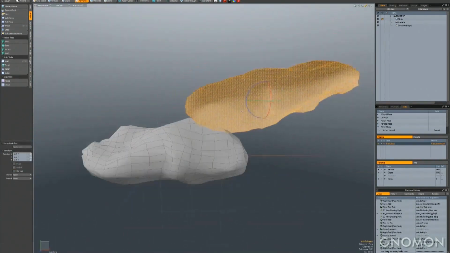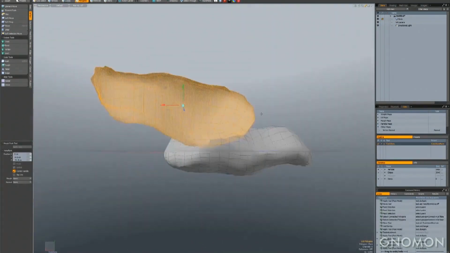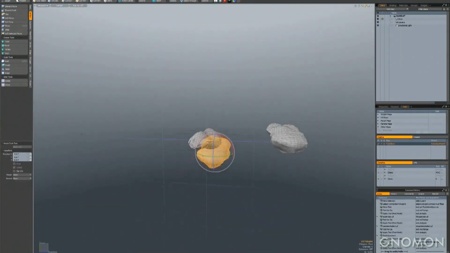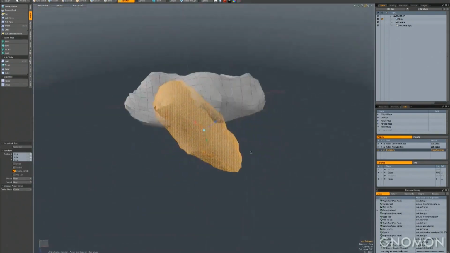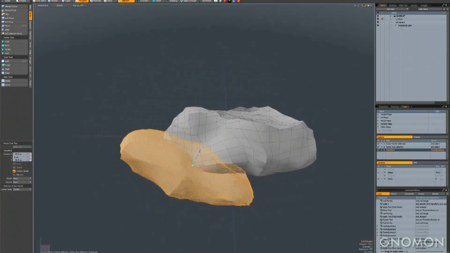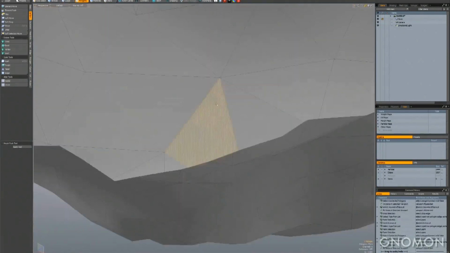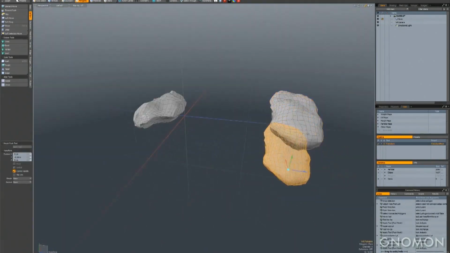Duplicate this, and using that same Boolean workflow that we used earlier to get that nice hard surface high-res mesh, we'll just do that same thing right here. Just cut that Boolean right out of that mesh. Do the same thing right here, add a couple more cuts to get some more variation in the shape so we can use this to cut other geometry. We're going to create damage pillars with this.